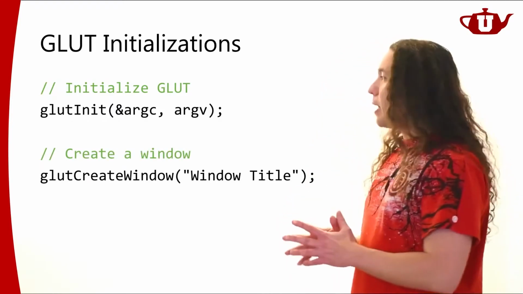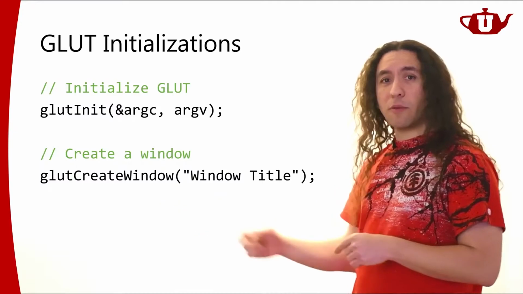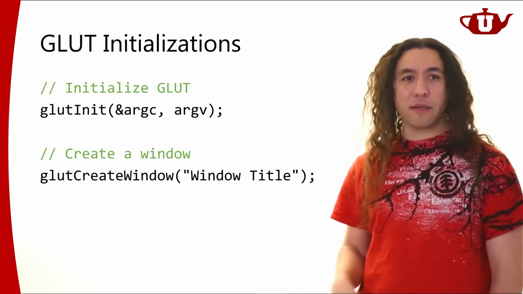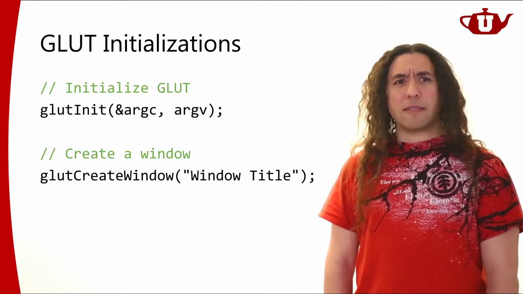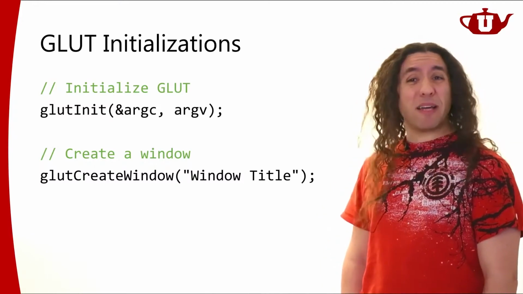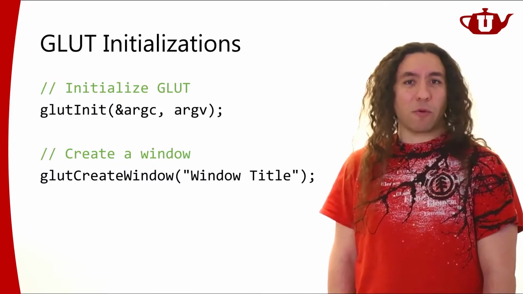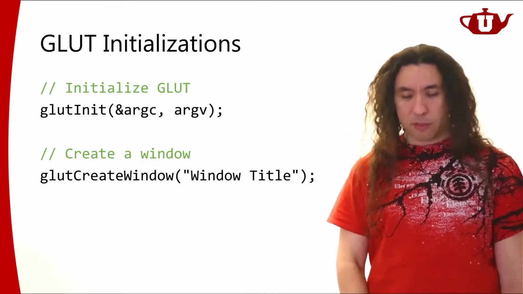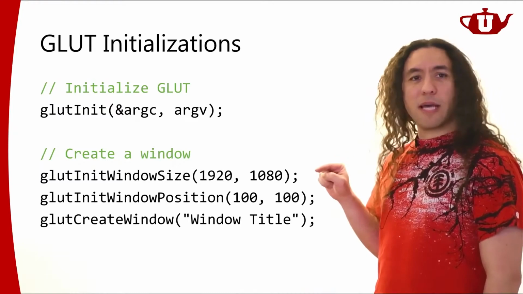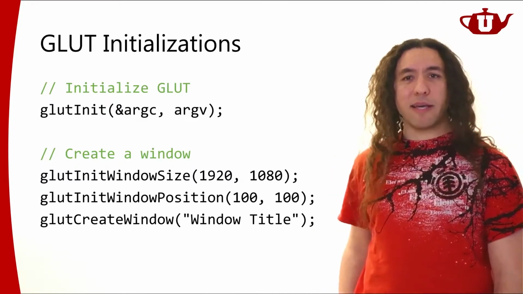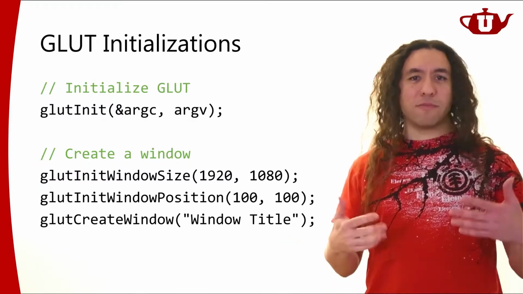Now, when we want to generate a window that we can draw on, we will need this function. We'll call glutCreateWindow and give it a window title, whatever you like. There it is. That's going to open up your window. Wait, we didn't say anything about that window, did we? We didn't say what we would like that window size to be, or where we would like to place that window. If you want to do that, you can just specify it here. You can say, here's the window size that I want, and here's where I would like it on my desktop or on my screen, and now create it, and it will create that window for you.